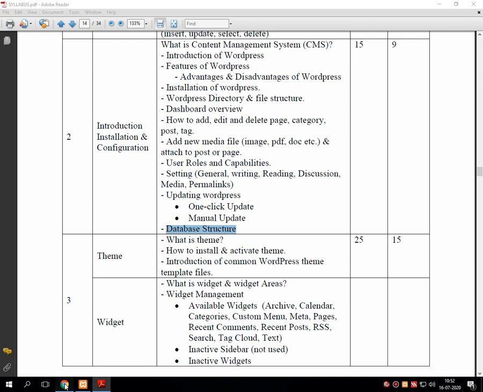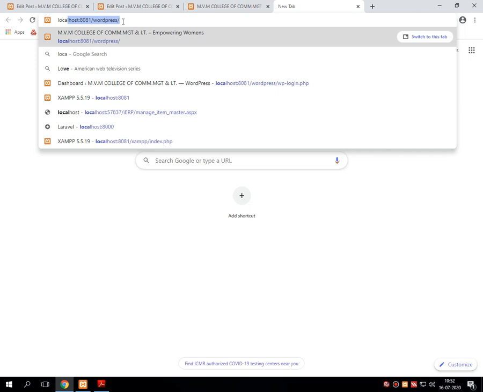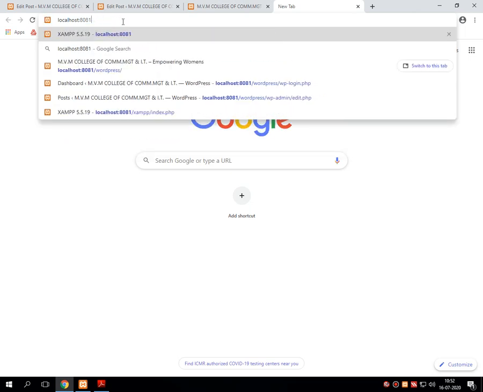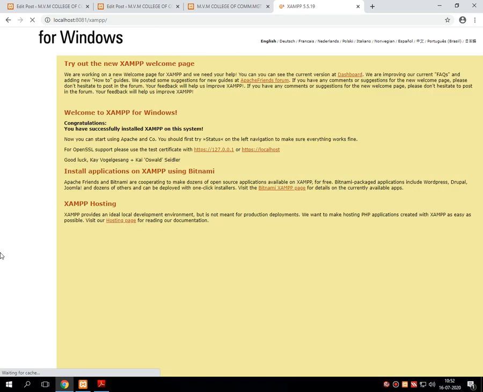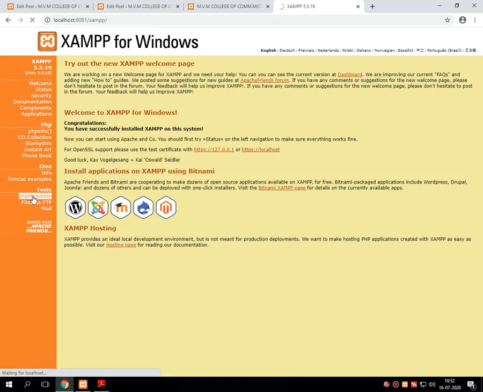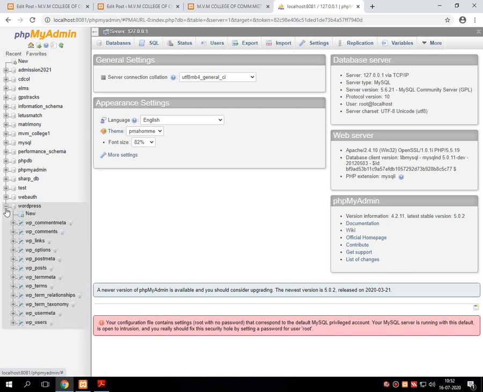That means at the time of WordPress installation, we created one database, and the name of that database is WordPress itself. In that database, many tables get automatically created after the successful completion of the WordPress installation.